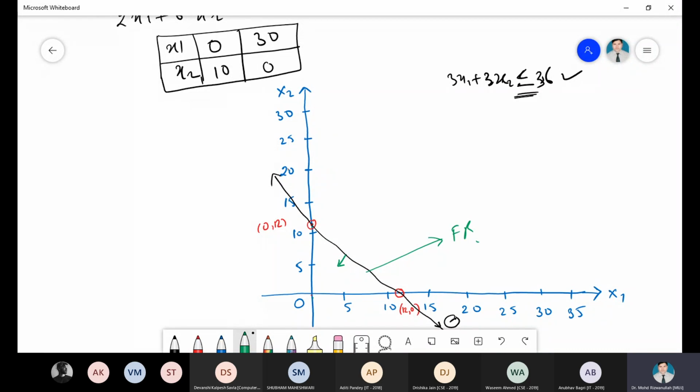But when you draw more lines, this will reduce the feasible region, right? Because presently the feasible region is very big. So when you draw the second line, see here, if you have a line like this, this is your feasible region. If you draw this line, and again if it is a less than sign, your feasible region, this will be out and this will be inside. So this will be the reduced feasible region rather than this one.